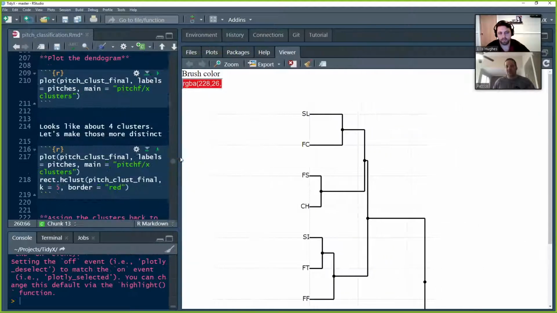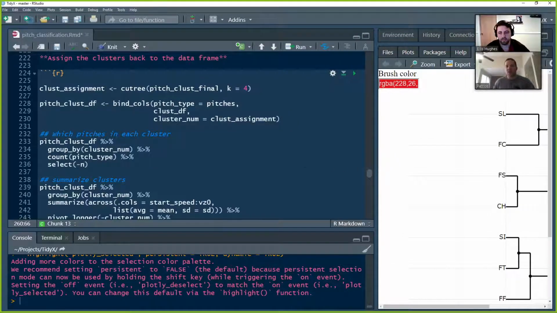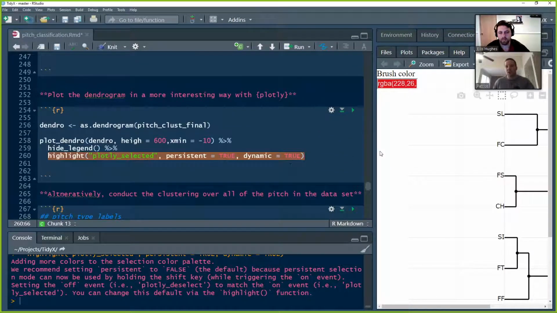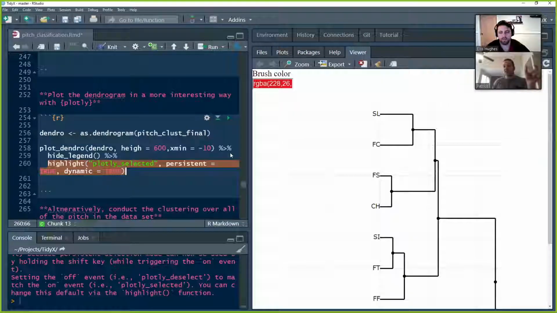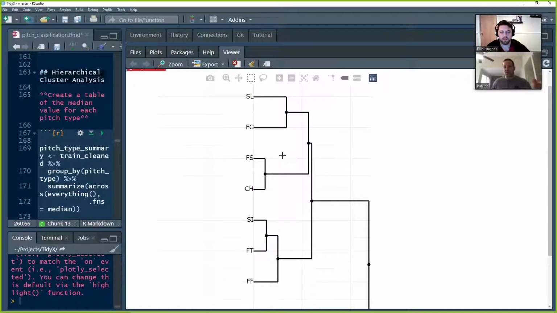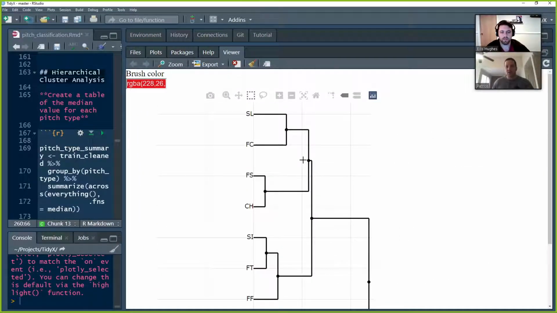The persistent is true and the dynamic is true allows us to have the option to change the brush color and then to maintain the color as we change. If we hold the shift down, we can select other colors. So you can select nodes, or you can highlight over a group of pitches. And so if you were taking this to a presentation, you could highlight over a group of pitches and talk about it, maybe you have a table or something off in the right column that shows you